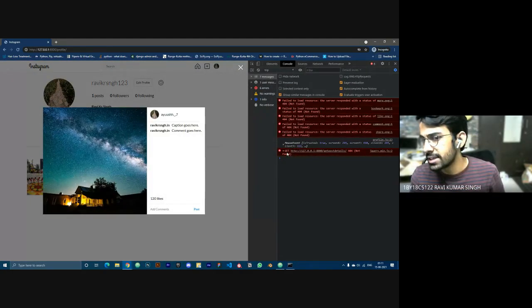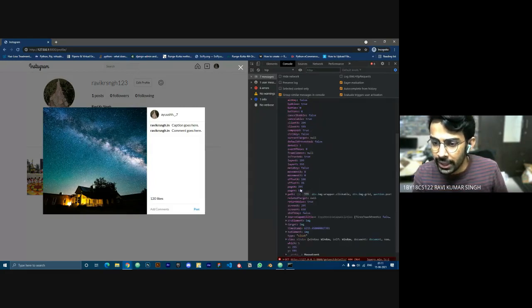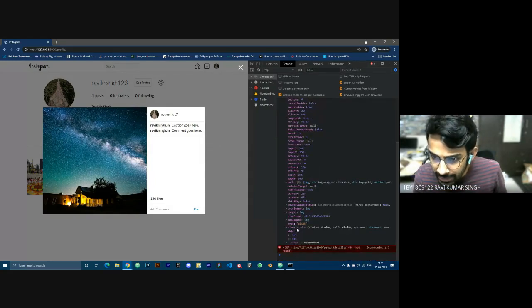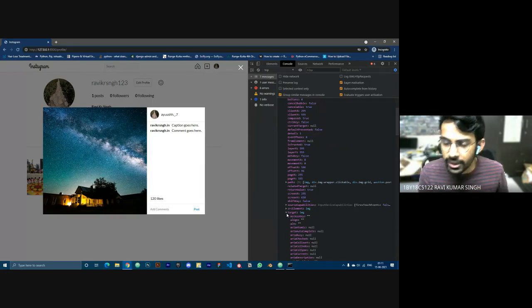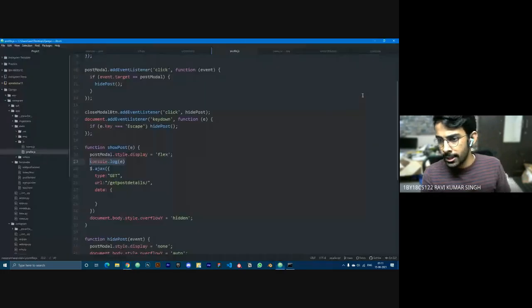So now if you see, there's an error about this, that this is not found because we haven't generated this particular URL, right? So now it's a mouse event click. Now if we see, we can get the target image, right? So let's just go here. So that means e is working, right? e is working.